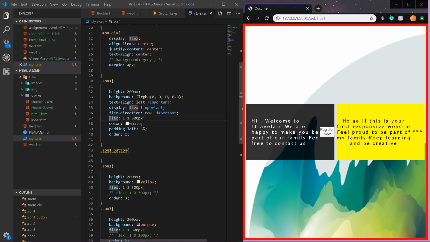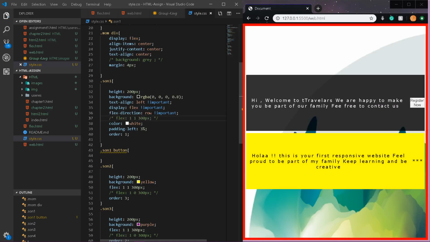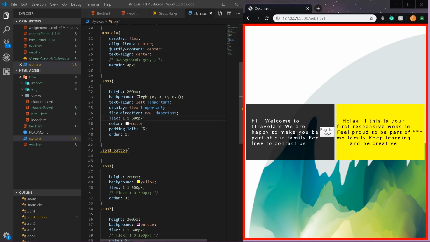See, this is the importance of this. I just want to see, okay, this is how it looks if you don't use it. Okay, I don't want that to happen. So the register now button should come down. For that, I'll first give the style sheet to the button. Everything will be the same, and the font should be inherit,